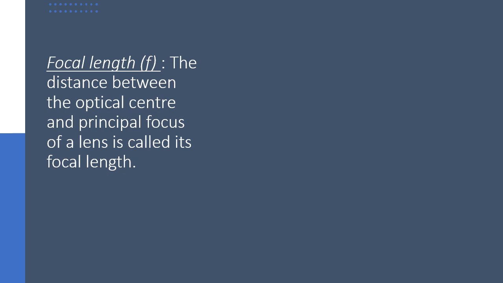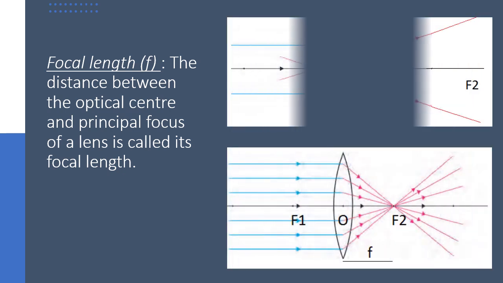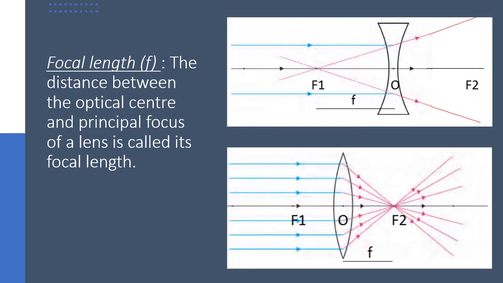So what is the focal length? Now you have discussed the principal focus. To get that idea, just see the diagrams. Again, I have made concave and convex lenses. You can see this is your convex lens. When these parallel rays pass, after refraction they come in contact at one point on the principal axis. So this is our principal focus in the case of a convex lens.